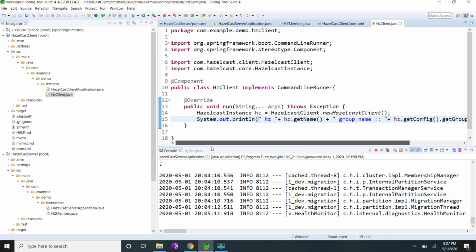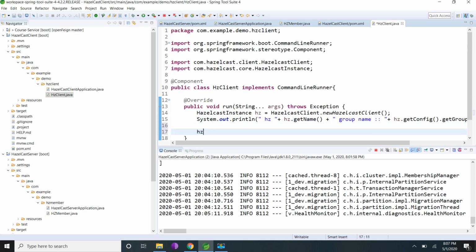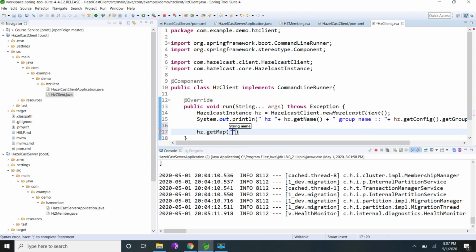So now I am going to get my map which was created in my member. getMap. We have used test-map, so I am using the same. So it's an IMap of type Object. So I need to add the import statements.